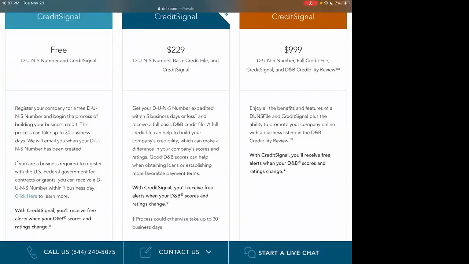It might be worth it for some people that are really trying to build their score really fast, because he did tell me that everything you've ever purchased, whether you used your business account, if you even had a business account or not, anything you've ever purchased, say you bought stuff on Amazon, if you give them the receipt number and the Amazon corporate office, they'll put that on your business credit as a paid trade.